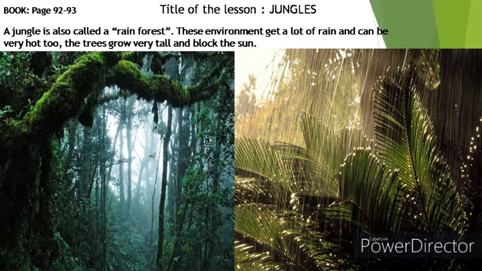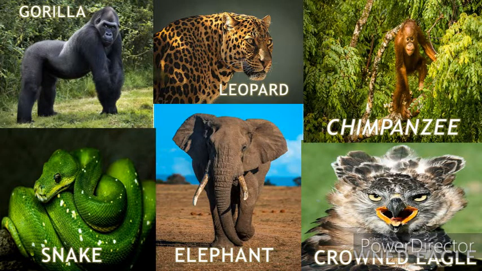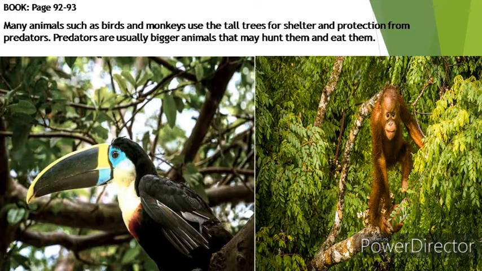Some of the animals that exist in the jungle are the crowned eagle, the leopard, the gorilla, the elephant, the jungle elephant, the snake, and the chimpanzee. Many animals such as birds and monkeys use the tall trees for shelter and protection from predators. Predators means the bigger animals that may harm them and eat them. So as I told you, all the animals make their own home, their own shelter to protect themselves from animals and from bad conditions, for example, from the bad weather,